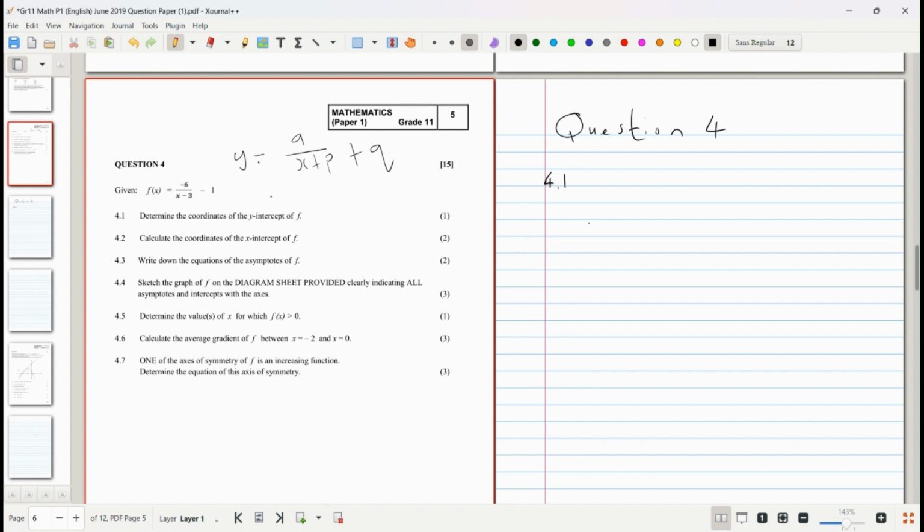In a hyperbola, this is the x asymptote, and this is the y asymptote. It's very important to keep this in mind when we are solving this question. Question 4.1 says determine the coordinates of the y-intercept of f. For the y-intercept, always